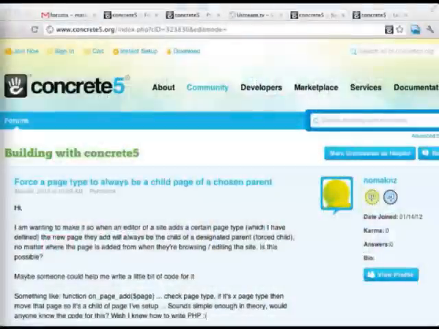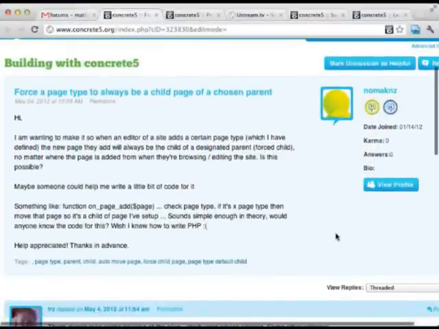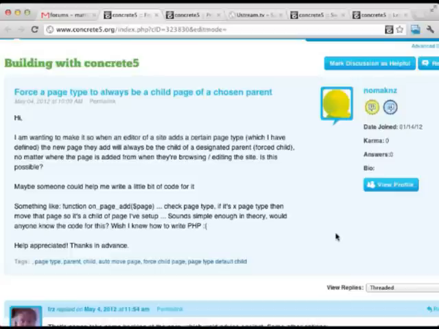Let's see. So the first one: force a page type to always be a child page of a chosen parent. It sounds like this person has a client that is a little fast and loose, who just likes to add pages wherever they're thinking of adding pages.